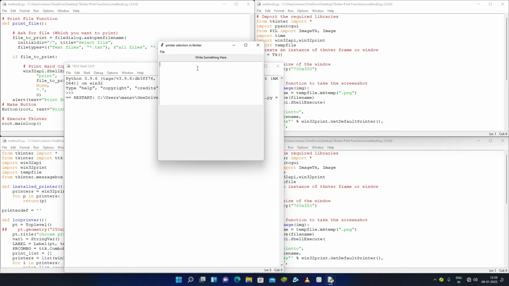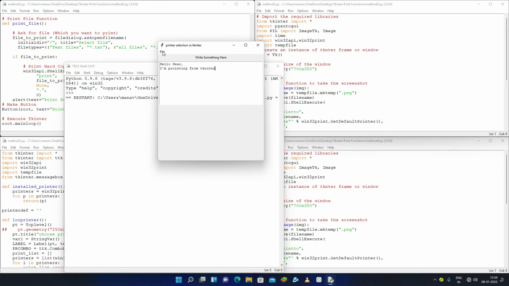So let me suppose I am writing here, hello dear, I am printing from Tkinter. Okay, so this is the message, and now I have to print this from my printer.